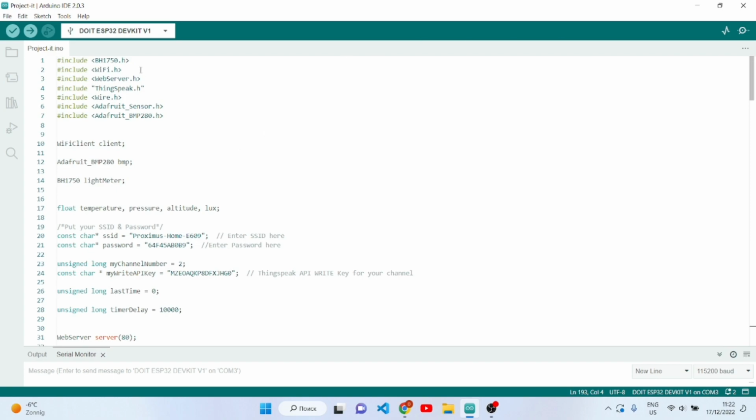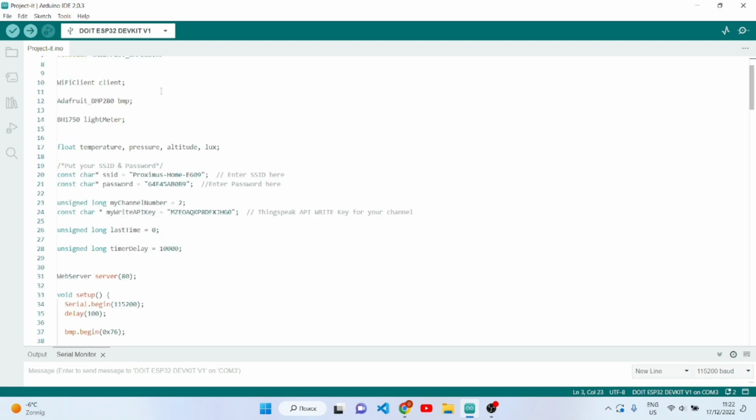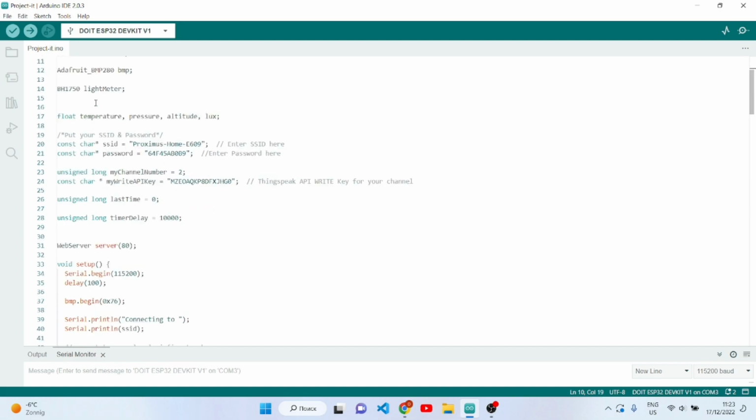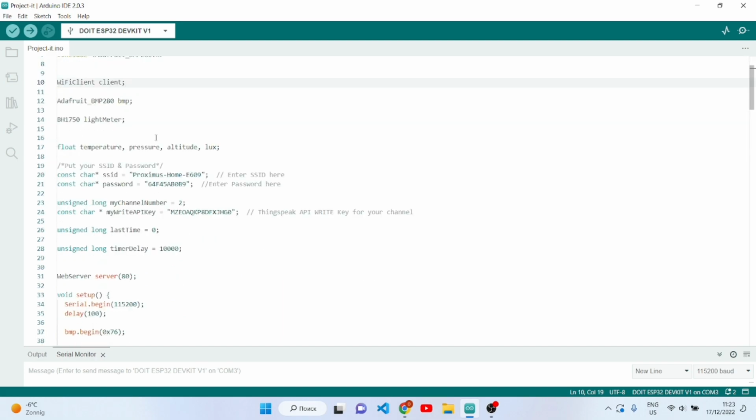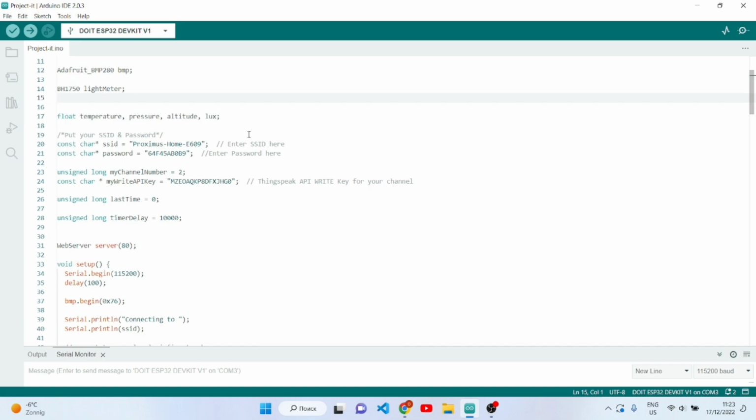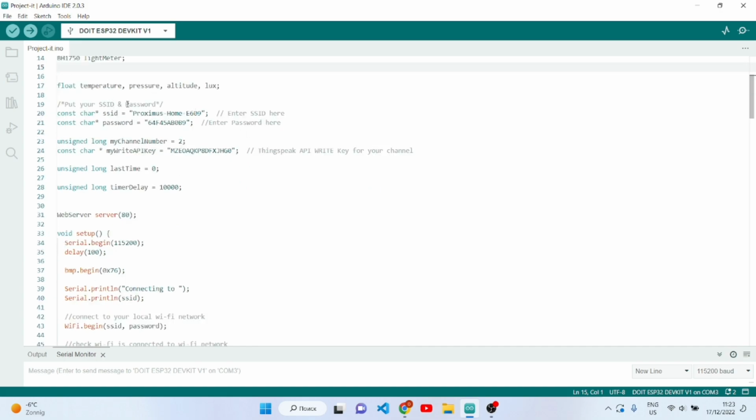So let's see. First of all, I included several libraries. These are my component libraries, WiFi to connect to Wi-Fi, ThingSpeak to see the diagrams in my profile, and web server. Here I declared several variables which get the values of the libraries. Also my parameter variables, and here you see several constants of my Wi-Fi